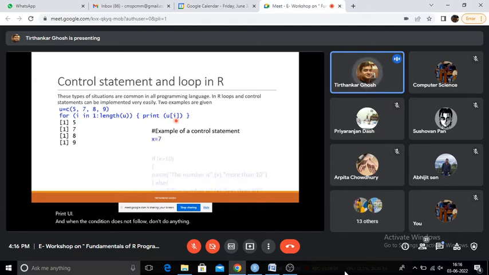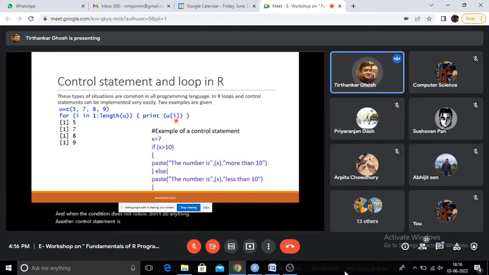Another control statement is this. So the first one was the for loop. Here x is an input which is 7. We are checking first, if x is greater than 10, then we are asking to paste a value, that is,